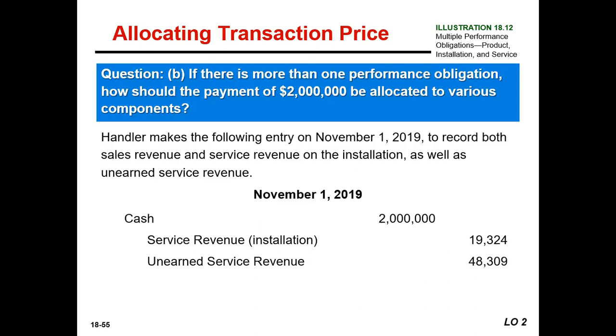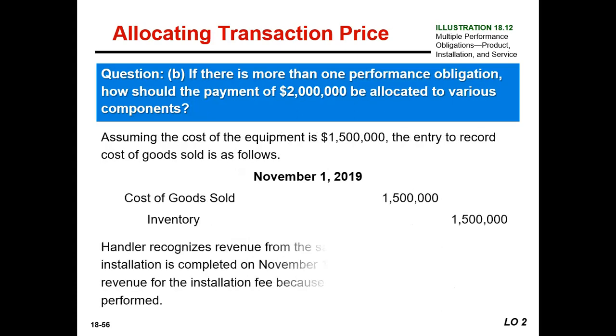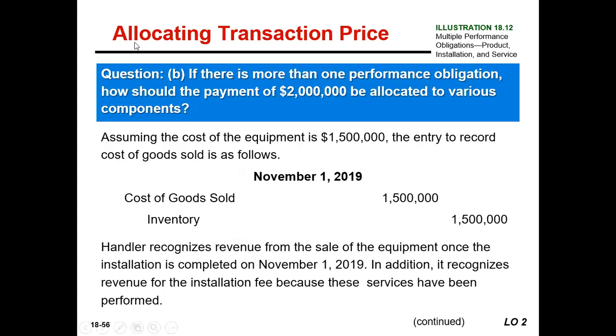Unearned service revenue, why? Because it takes more than 1 year to complete the training, and sales revenue of 1,932,000. Then the usual cost of goods sold. So debit cost of goods sold and credit